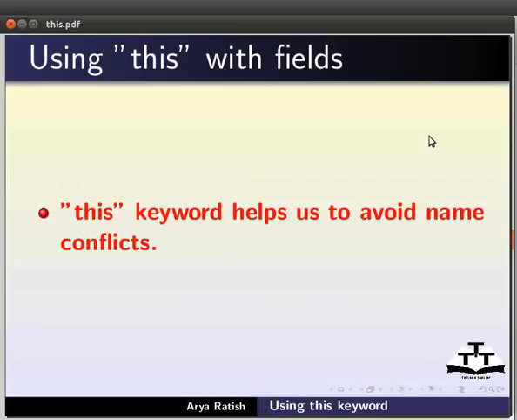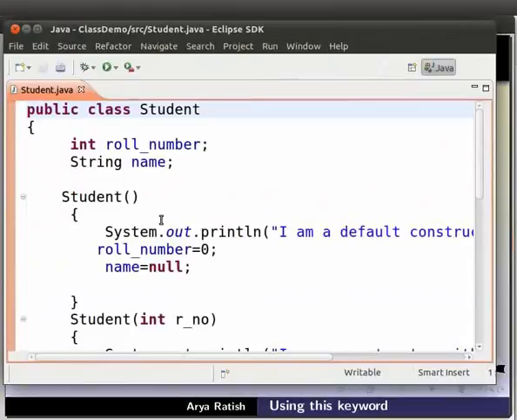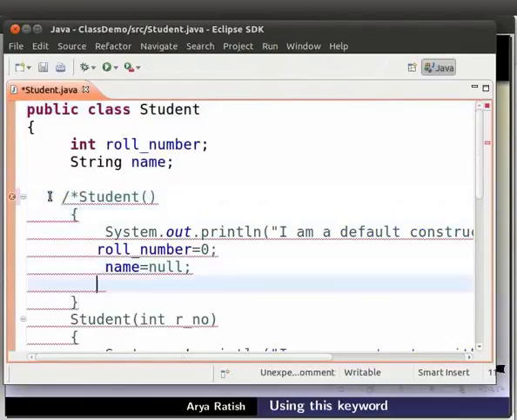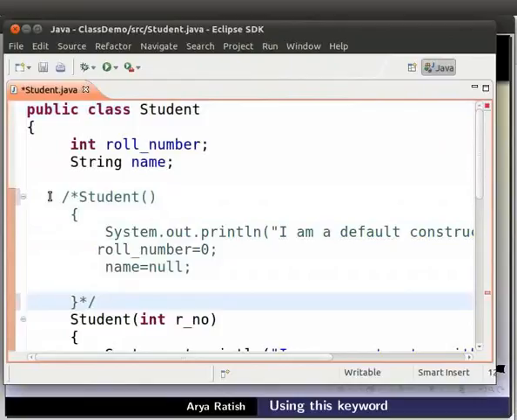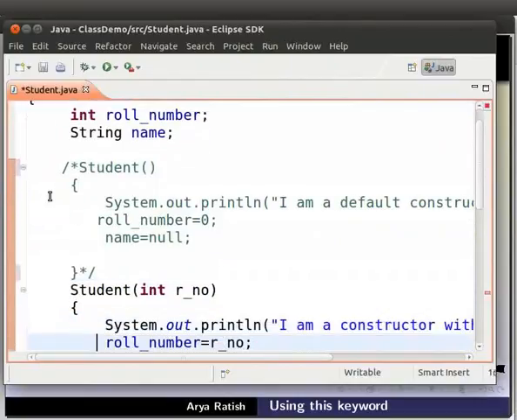For that, let us open Eclipse. Open the student class we had created in the earlier tutorial. Comment the default constructor. Comment the constructor with one parameter.